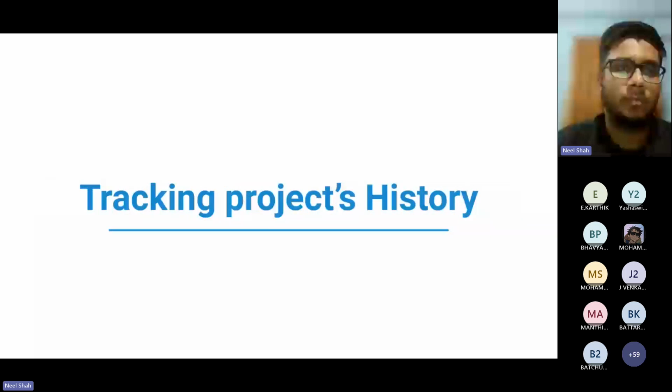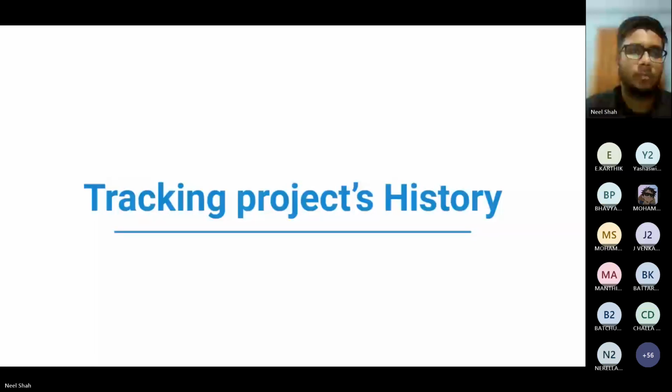Next is tracking the project's history. Whenever we make a new feature, there is always bug fixing. When some bug comes and crashes your project, how will you know which bug has crashed it? For that you need tracking, to remove the sort of bugs that make the health of your application unhealthy.